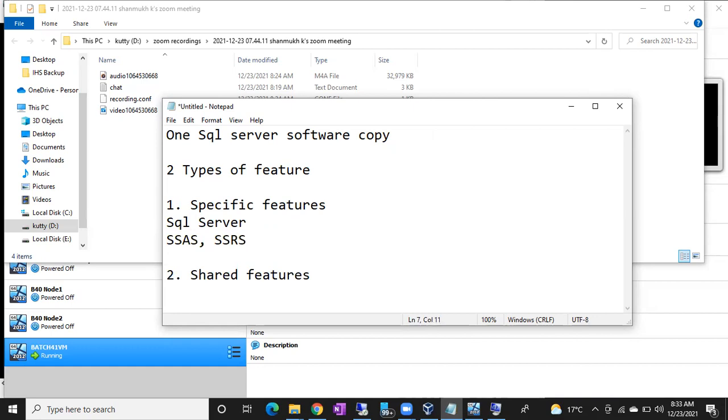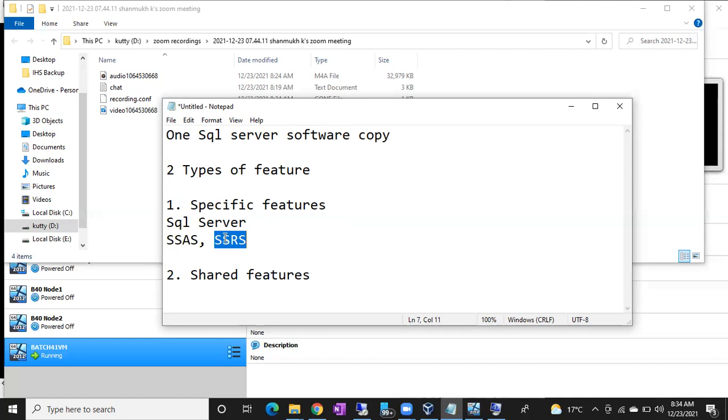These are the specific features. These copies will exist once per each instance. You have to select one SQL server, one SSAS, and one SSRS for each instance, if you want. If you don't want, there is no need to select SSAS, SSRS and all. Specific means you can see multiple copies, guys. Shared means you can see only one copy.